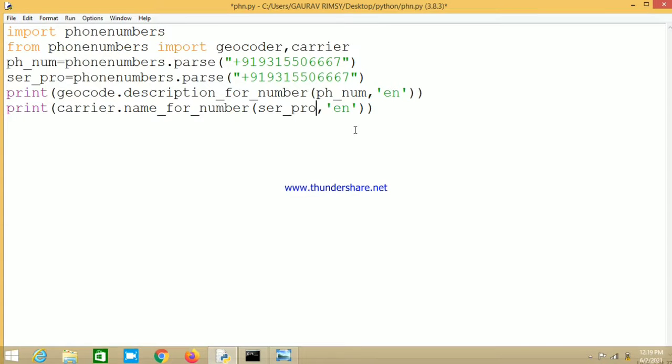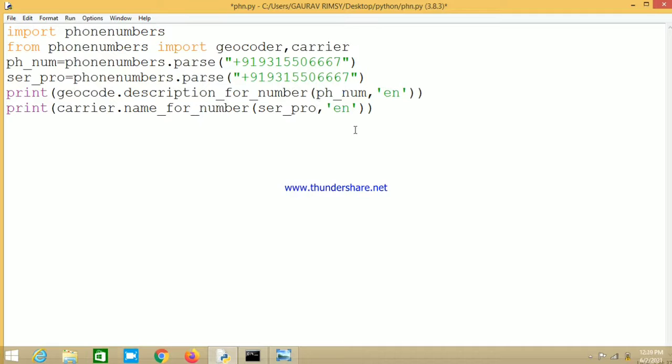So this is a Python program that helps you get basic information about any phone number. It is not the only information this package gives you. I am just giving you an example of how you can get the name of the country as well as the name of the operator to which that phone number belongs.